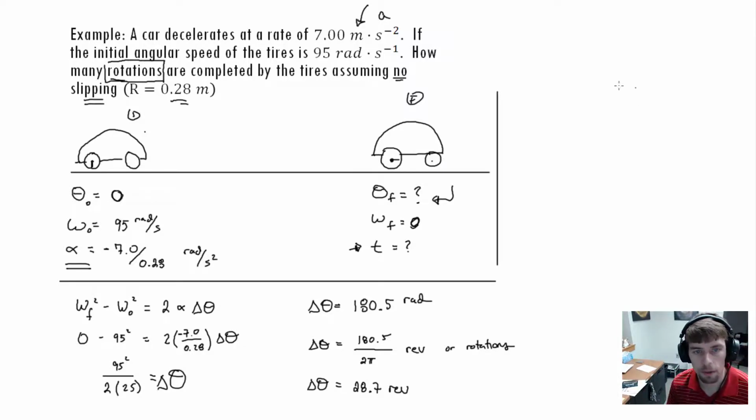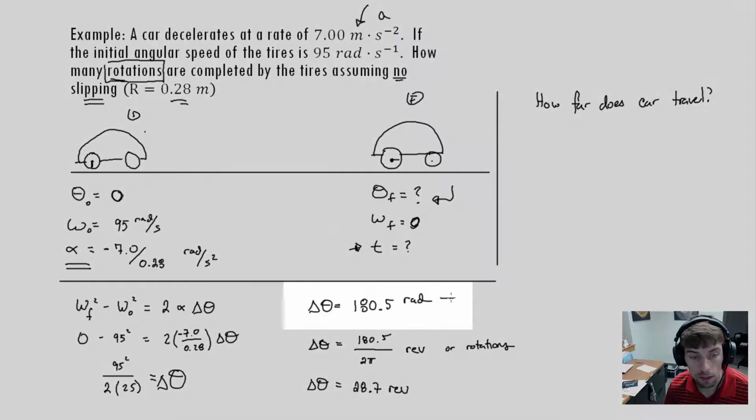You could say, for example, here's an additional question that we could ask. How far does the car travel? That's an additional question that we could ask. And we have all the information we actually need to do that. In fact, right here,